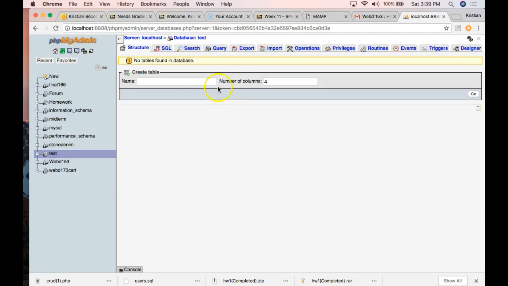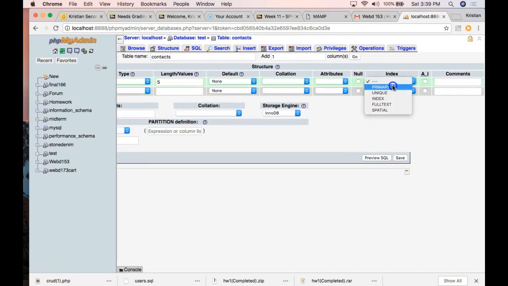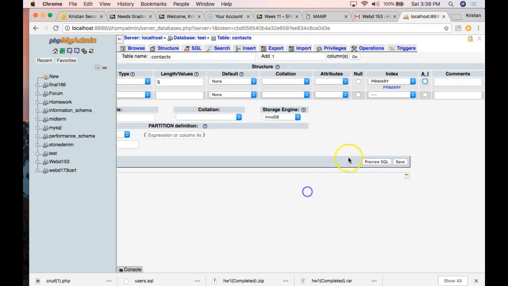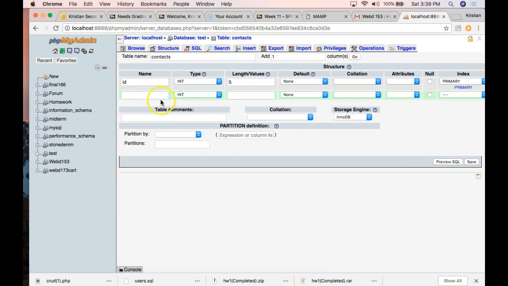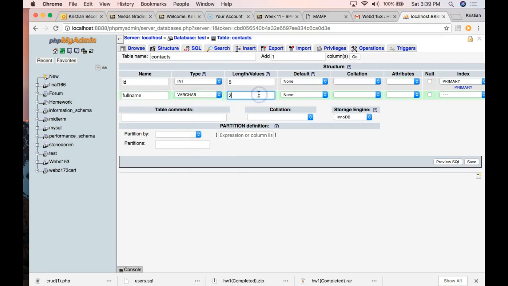And I'm going to create 2 fields. This will be called contacts. And we'll do 2 fields, and we'll just replicate exactly what we did in class. So here's index, primary, auto increment. There we go with that, and then we'll do full name. So one silly little table here that's varchar 255, and now we're going to hit save,